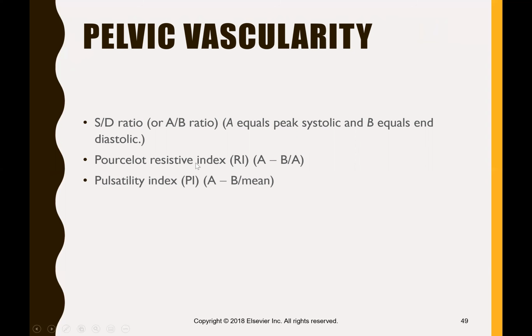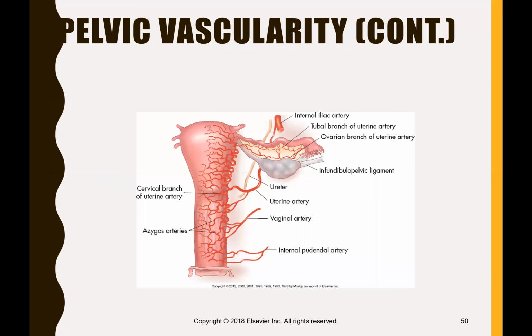So although your chapter does go over this, I want you to just not worry about this right now. We will talk more about this in OB2, where it does matter. So just be familiar that there's different ratios to measure pelvic vascularity, but do not spend too much time on that. What I do want you to be familiar with, though,